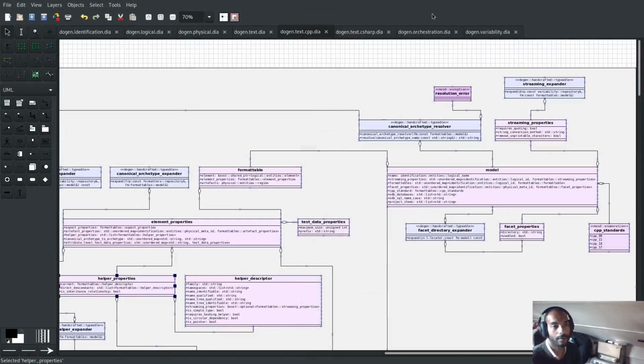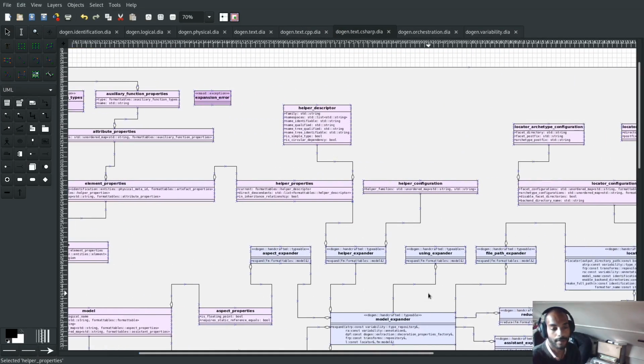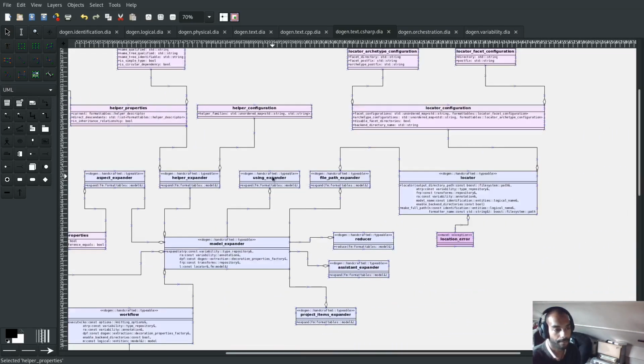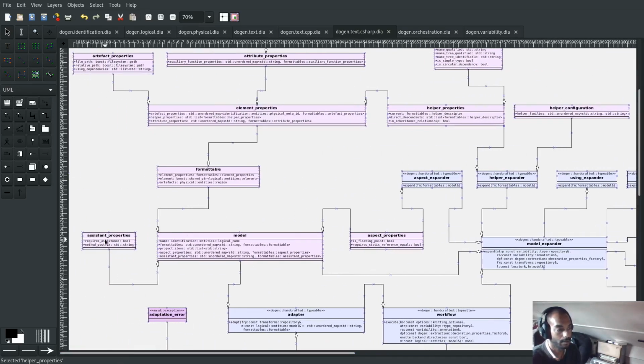One thing we've forgotten is to look at C#. So C# would have similar things. Well, to be honest, we will just leave the helper properties there for C# as well. We already have a story for locator. And as you can see, C# model is so much easier. So I think